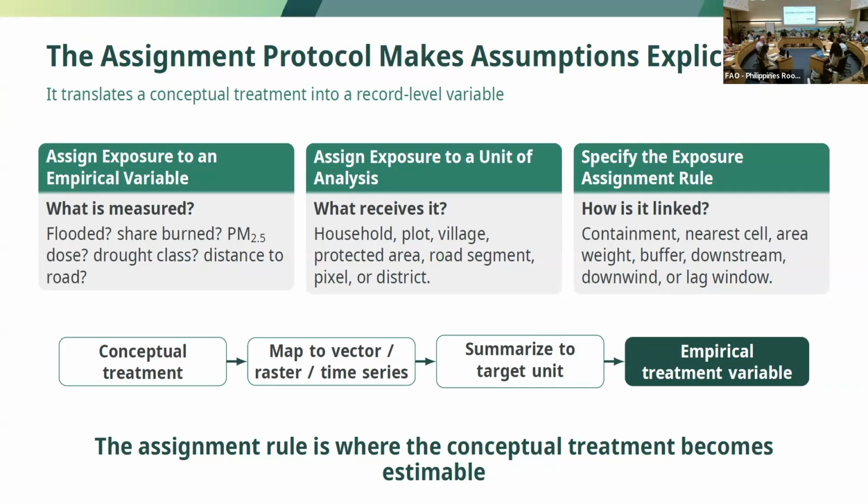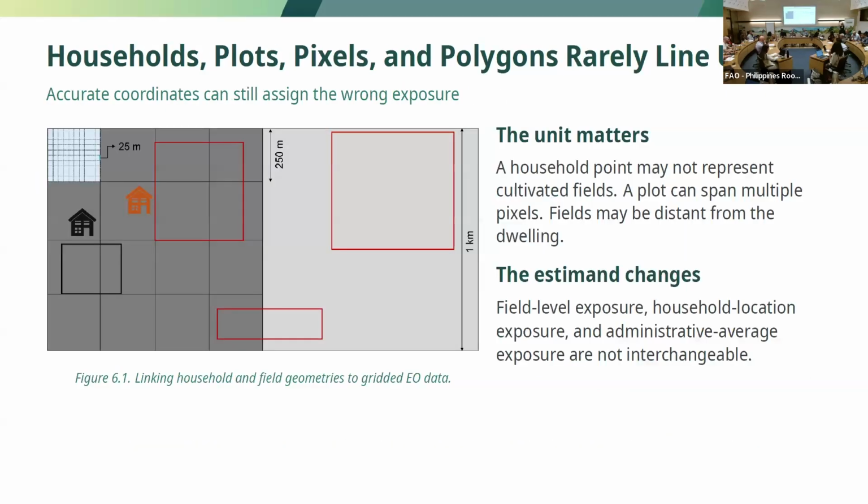Then what's the receiving unit of this exposure? And so again, we had a number of papers this morning. One, the receiving unit was a village. Another was a pixel. Another was a field. Another was a parcel. If you have pixel level data and you want field level data, how are you going to aggregate that up? Is it just the mean of all the pixel values? Or is it an area weighted share of the pixels that get intersected?